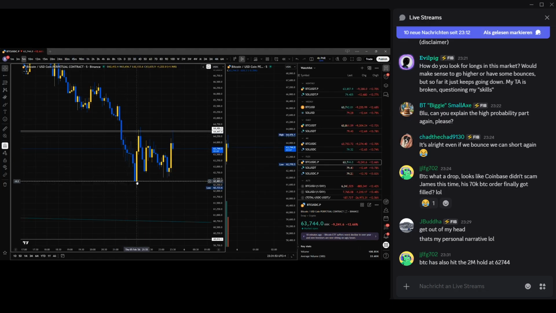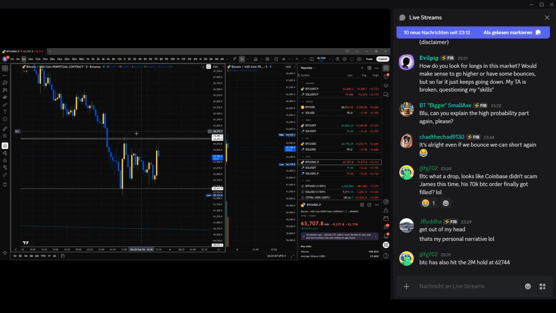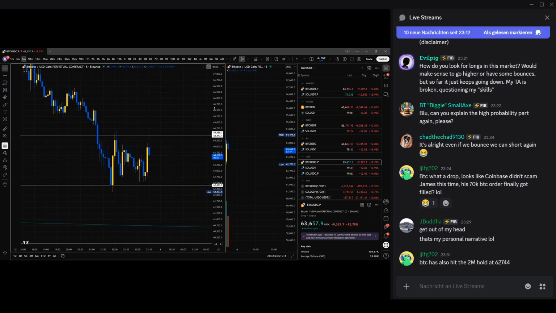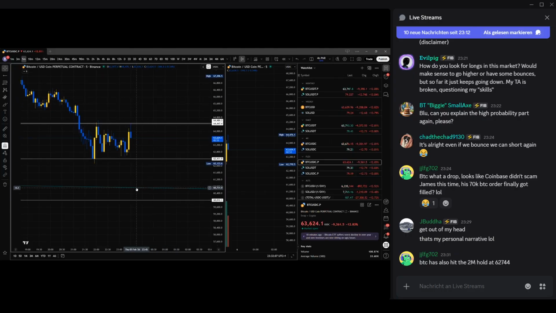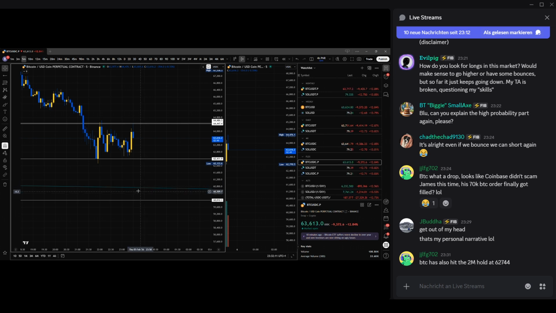It was a good opportunity to long here and just TP here, and now it's deciding, am I resistance, am I support, am I resistance, and eventually one level or the other will win. And there's a bit more liquidity down here. It also coincides nicely with the daily trend. So trying to long between those two levels,